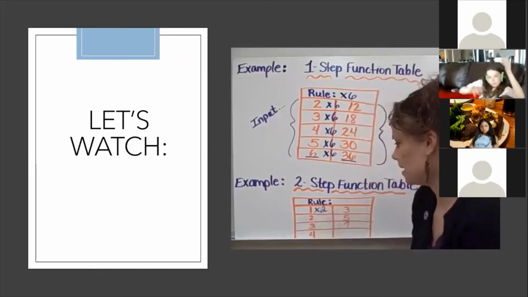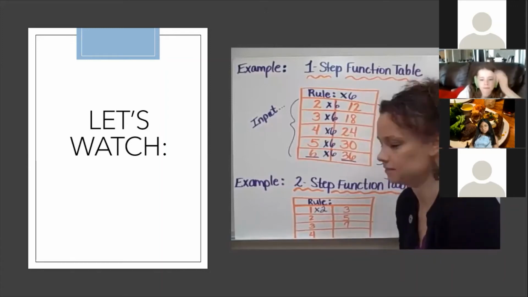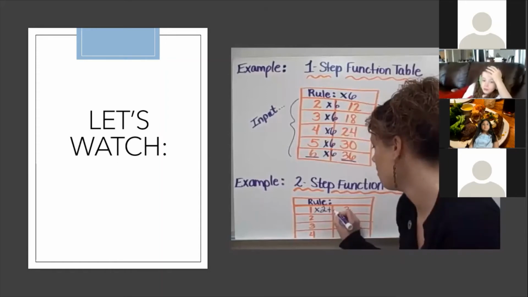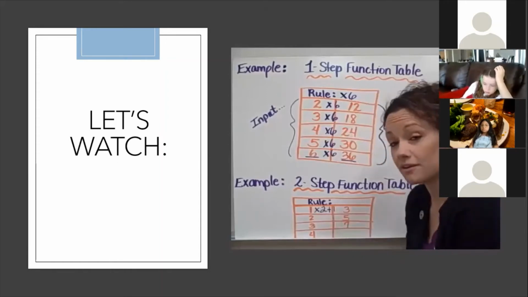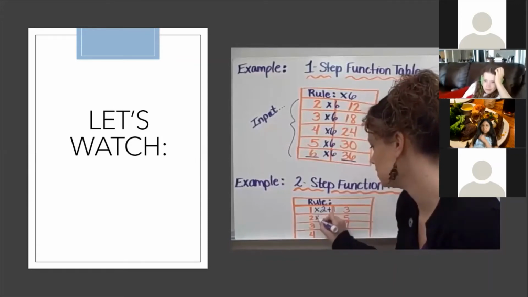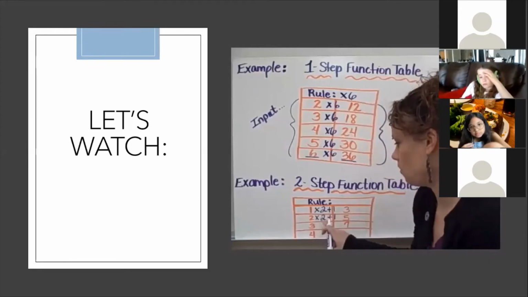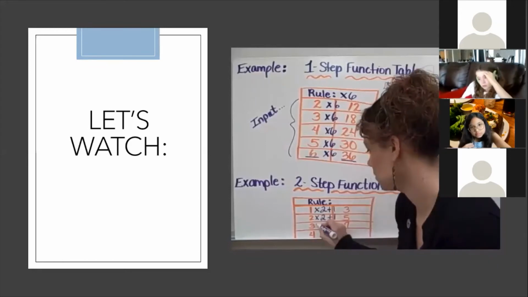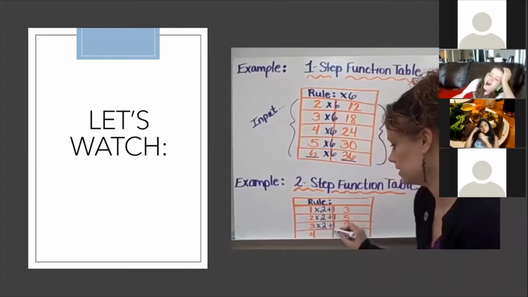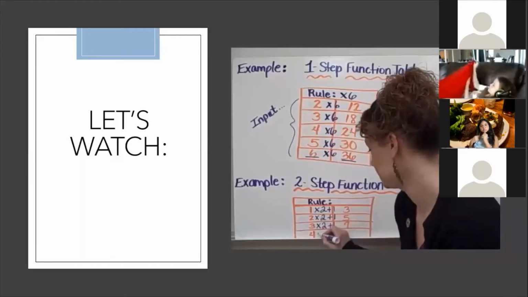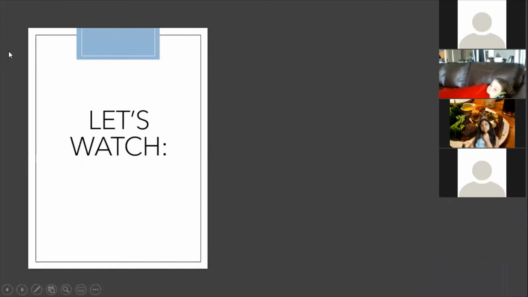Let's try multiplying by 2. 1 times 2 is not going to give me 3, but if I add on one more, 1 times 2 equals 2, plus 1, that will give me 3. So let's try this and see if this works out. 2 times 2 is 4, plus 1 equals 5. Try it. 3 times 2 equals 6, plus 1 equals 7. So it seems to me that